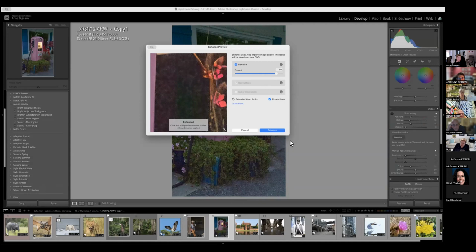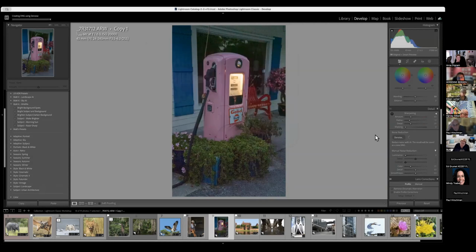I want to take a little more of it out, so I brought it up higher. Now I'm going to hit the enhance button. It's going to come back as another file. It'll come back stacked as a DNG, and you're going to see the noise come down on it. And then I can go play with